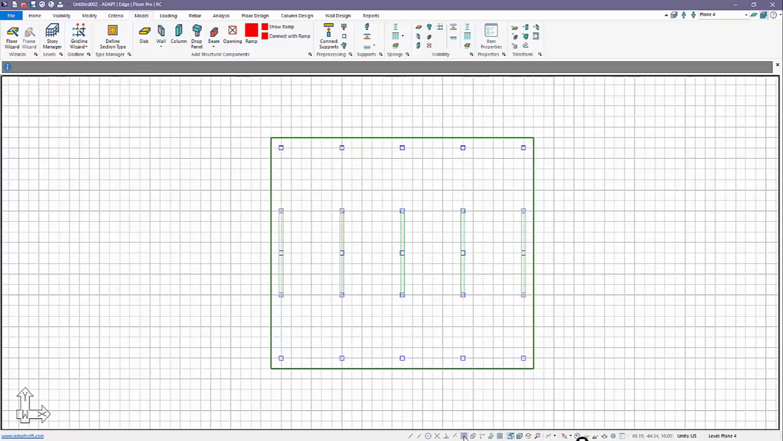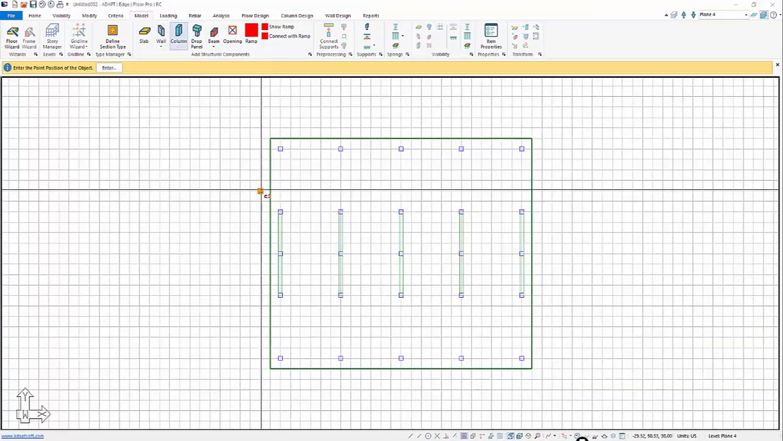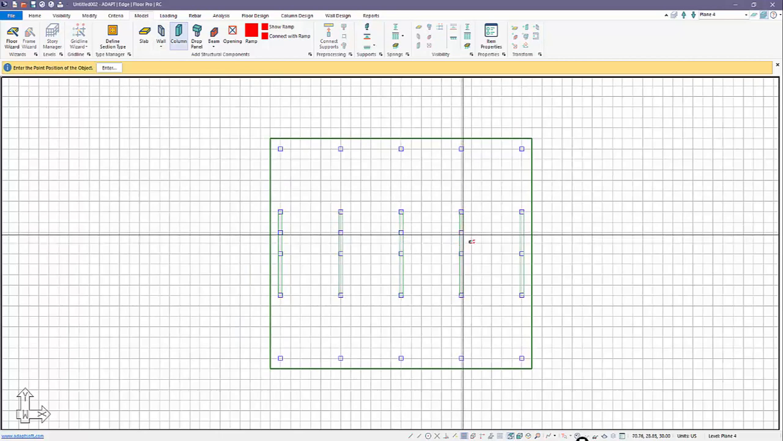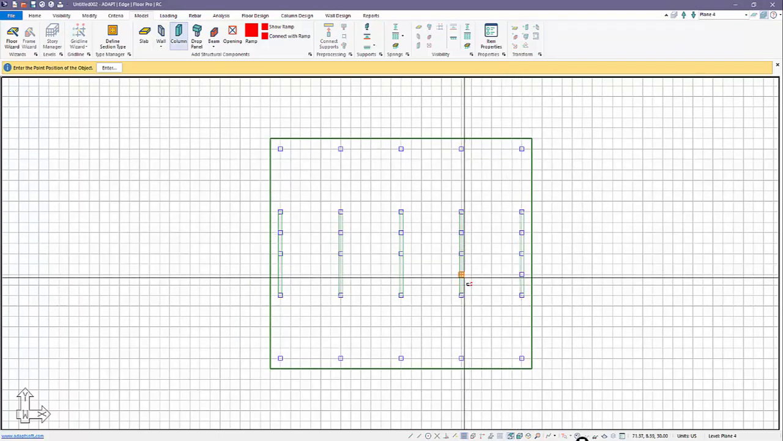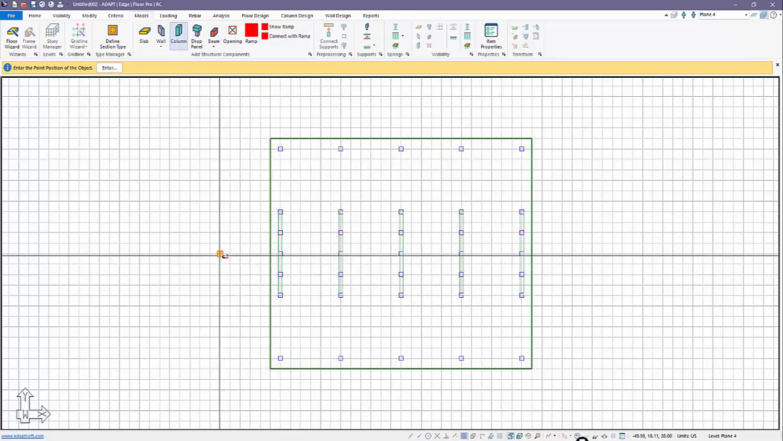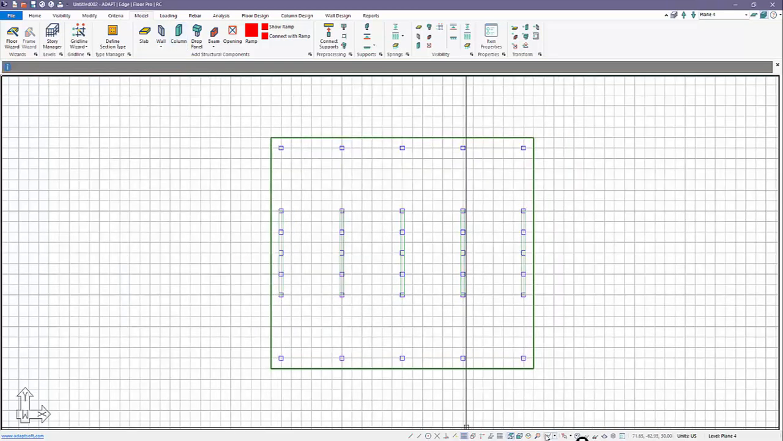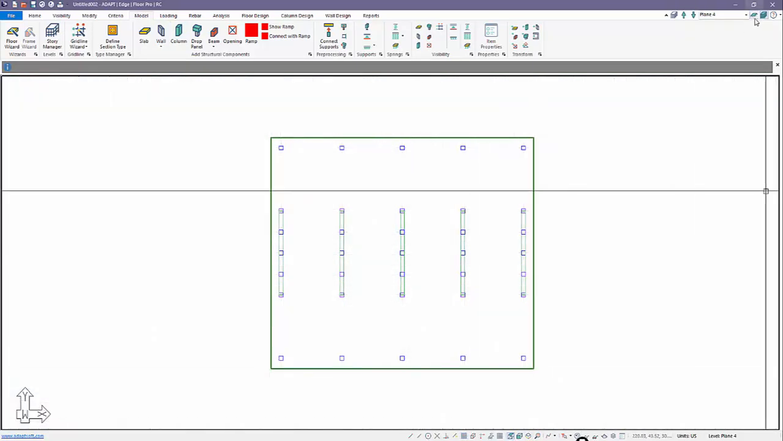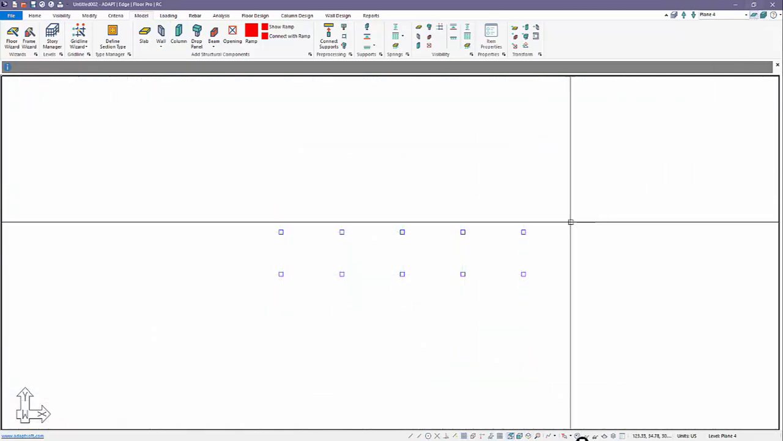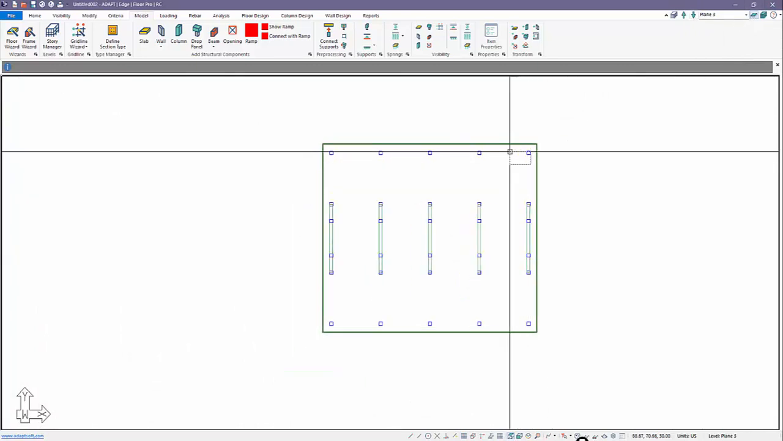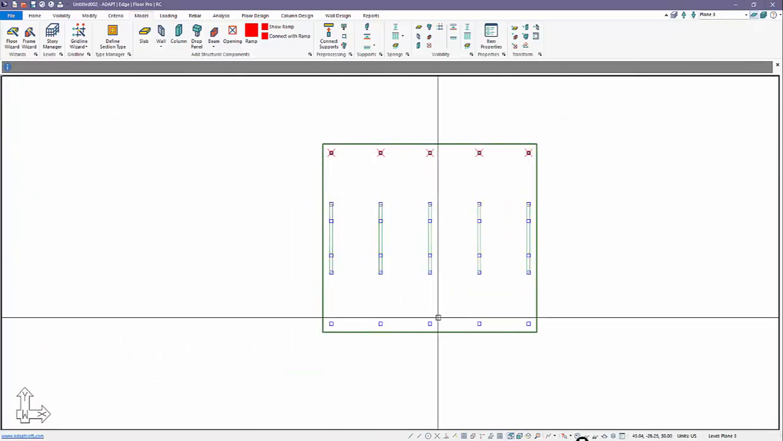Let me turn the grid back on, and I'm actually going to create a column line here and also a column line here. So there's two transfer columns on these beams. Okay, if we look at this at level 4 now, we'll go to single level mode. We've added these columns. If I go back down to this level, I'm actually going to copy these columns up